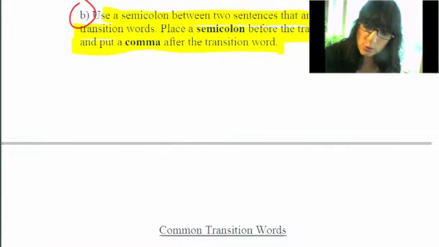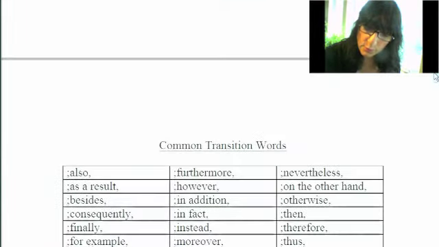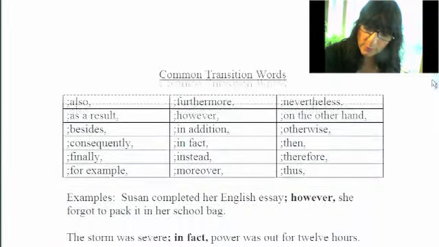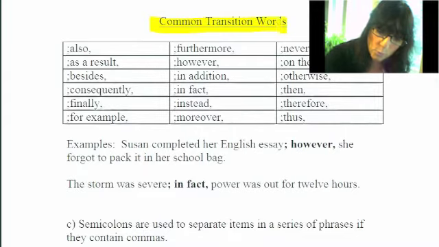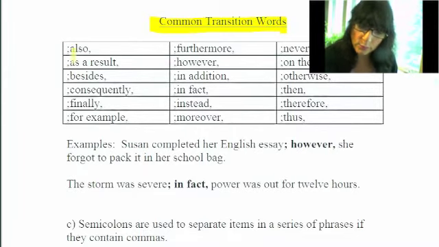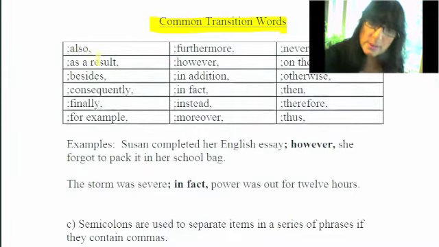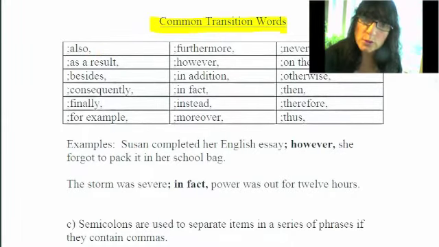So sometimes when you just read rules, it's a little bit confusing, but I think if you look at the example, and I'll explain it to you, it'll make it a lot easier to follow. Here's a list of common transition words that you should familiarize yourself with. And you always put the semicolon before the word and the comma after when you're using a transition word to